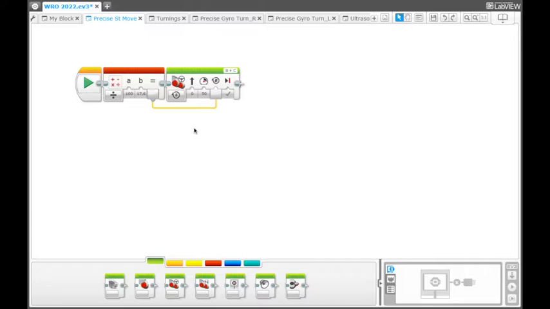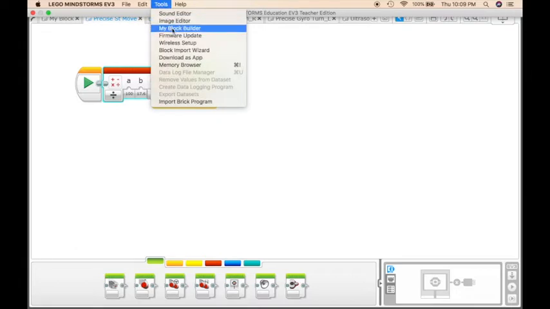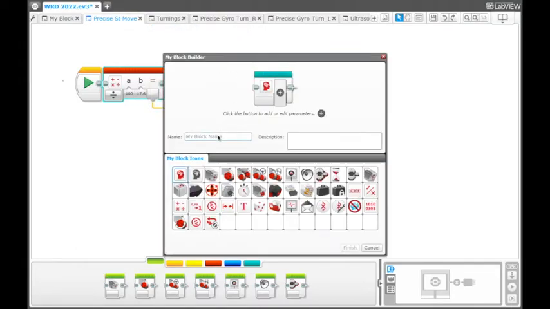And another important thing is that if we are using this program very frequently in the competition, then what you can do is you can convert this program into a my block, which will be very useful for you. So let's understand how we can do it. So in this case, basically we have to convert these two blocks into a my block. So I have selected these two blocks, and then I am going to tools and click on my block builder, and we will write straight